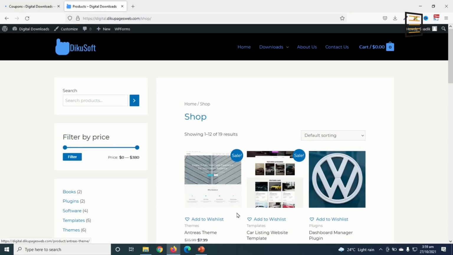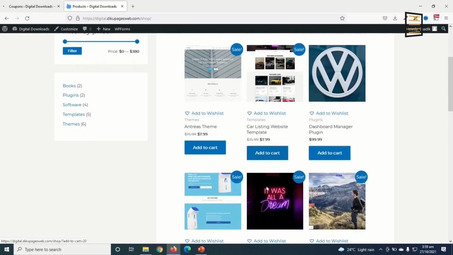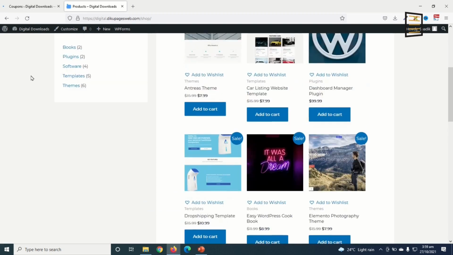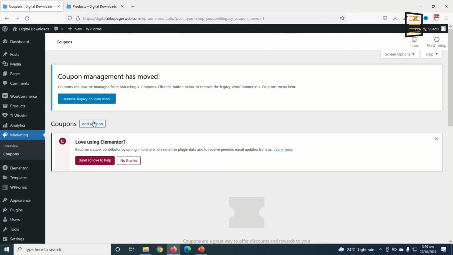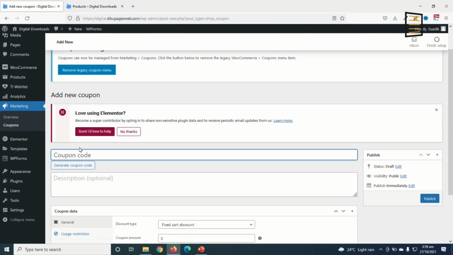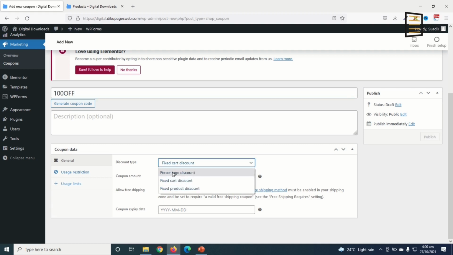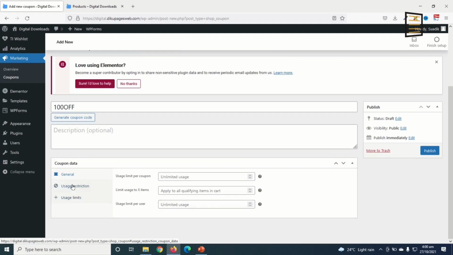So I'll create a coupon which will give me the opportunity to buy the product for free. I click on add coupon. The name, I will call it 100 off. I'm going to make it a 100% off coupon, a percentage discount, and in here I enter 100. I won't do any other setting, I just go ahead and publish it.